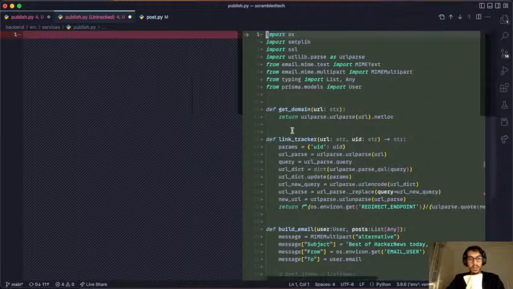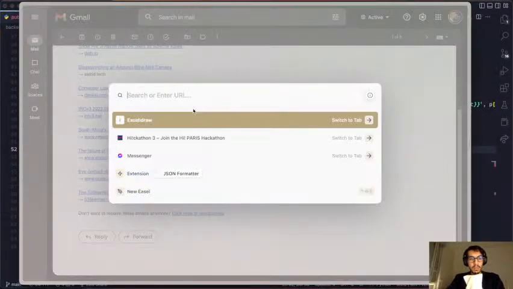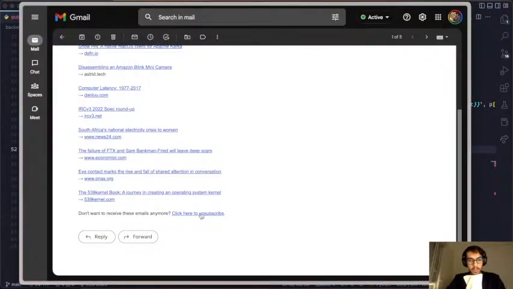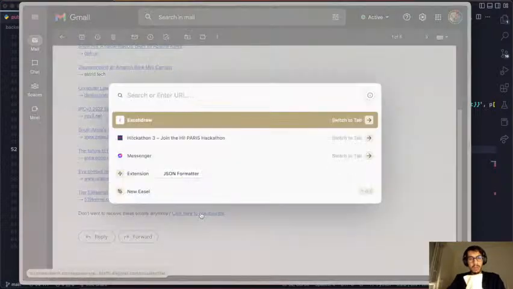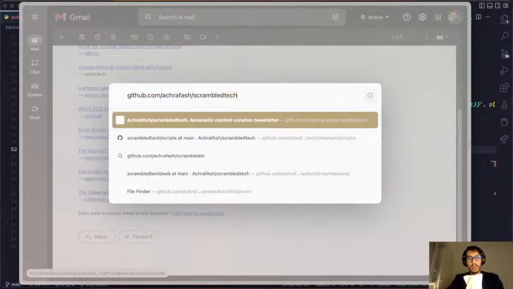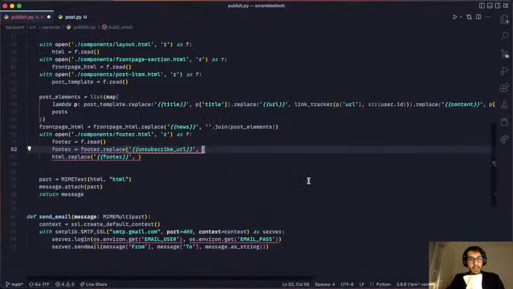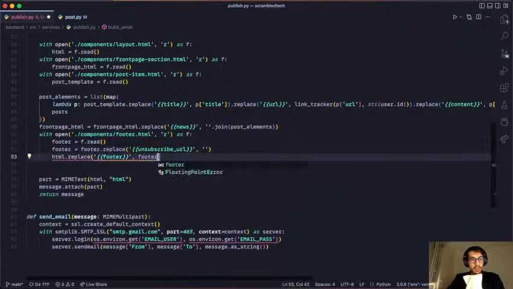Okay. Let me find on GitHub. Or perhaps I can get a hint. Let me find on GitHub. Anyway, this is just gonna be something here, and here I'm gonna say footer,